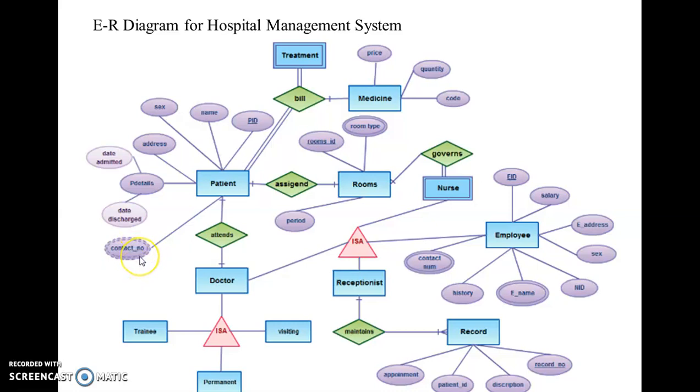Here contact is nothing but a derived attribute. Then this is a composite attribute. Okay, so please show all the types of attributes within your diagram. Then here is one special kind of relationship, the is-a relationship. That means your actual entity gets specialized by means of two tasks. A nurse is performing the task of, suppose, a receptionist or a nurse itself, or a doctor is performing the task of a trainee or a visiting doctor or a permanent doctor, like that.